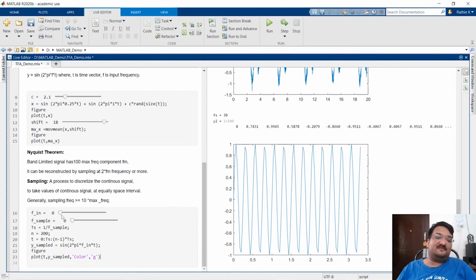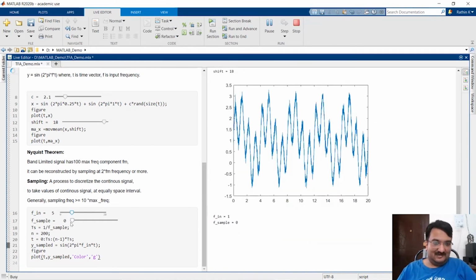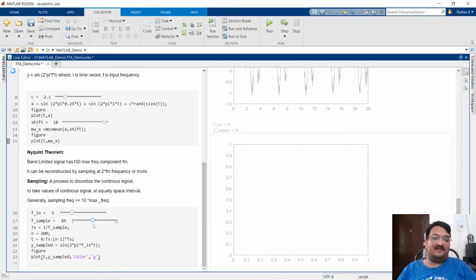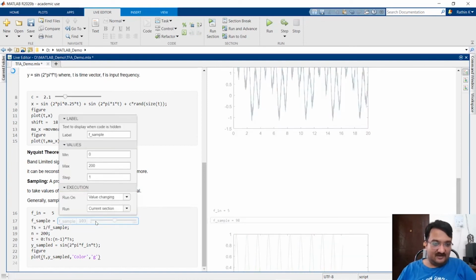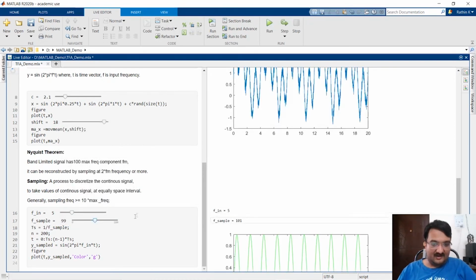Now we need to set some input frequency and some sampling frequency. Let's keep the input frequency as 5, and let's keep the sampling frequency at least greater than that. For now we'll keep it very high, just to give you an idea. We'll keep it 100, which is almost 20 times more than the maximum occurring frequency. Here the signal has only one frequency, that is 5. So the maximum occurring frequency is 5, and this value we can put as, one second, yeah, 99 is also